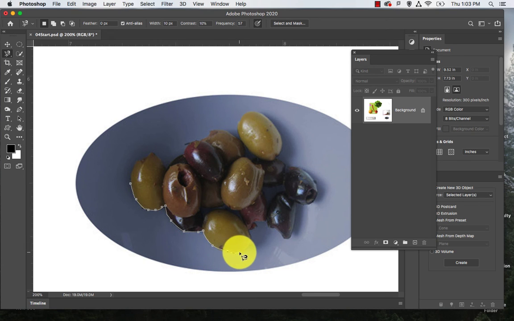Pretty easy here. Looks like the road's a little smoother for the computer. As I go in here and I'm starting to make a selection of these olives, I can move a little faster here where the contrast is good. Having problems probably here around the shadow a little bit. That's a harder thing for the computer. So just start thinking in light and dark areas. Don't see color. Let color kind of dissipate in your mind's eye